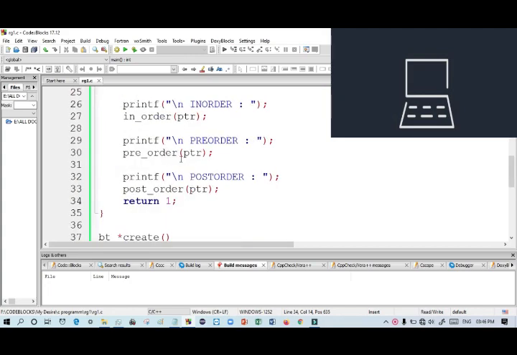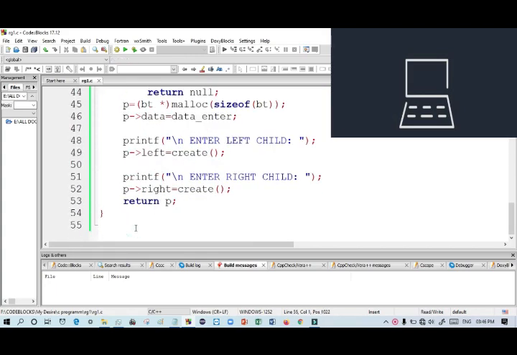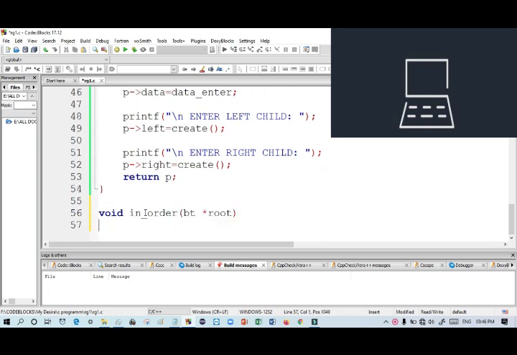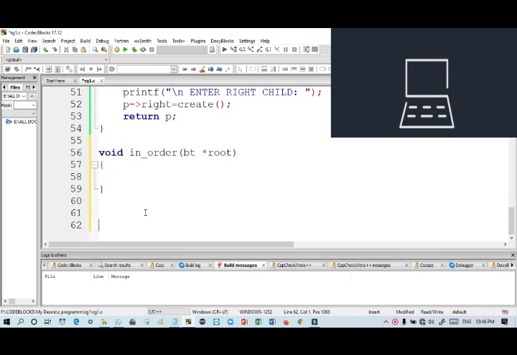Now our task is to use in order, pre-order and post order. At first I will do in order, its type is void. At first I have declared in order, then it will take root, and then I will do them one by one.